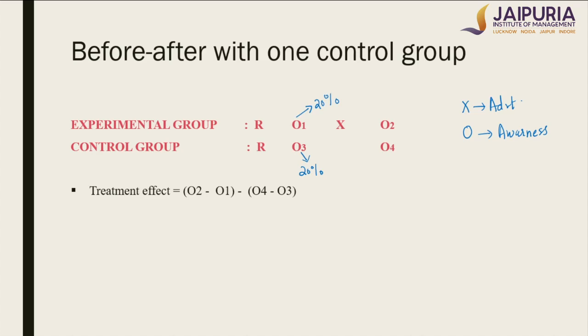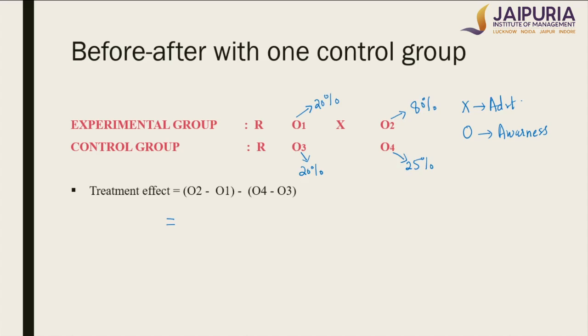So the observations O2 and O4, they are taken at the same time. So suppose after applying the treatment, after showing this advertisement to the experimental group, we observe that awareness has increased up to 80%. And at the same time, when we are observing awareness in the control group, it may remain constant at 20% or it may increase after some time. So suppose it is